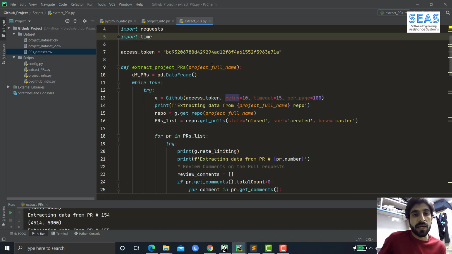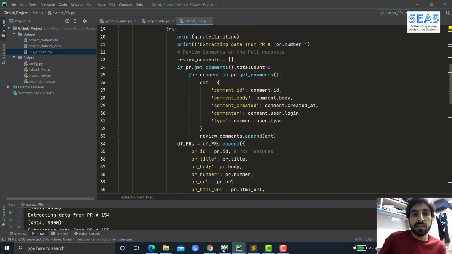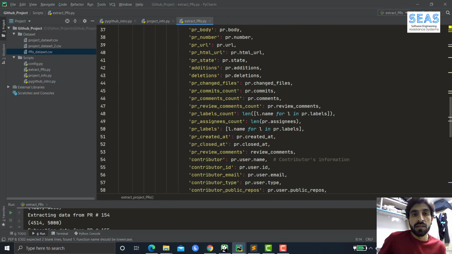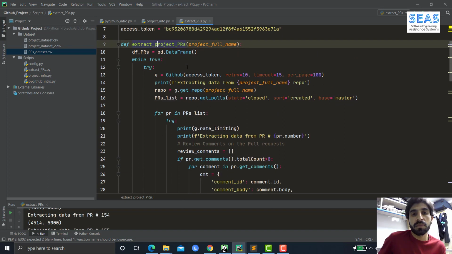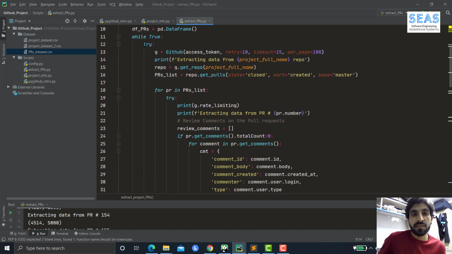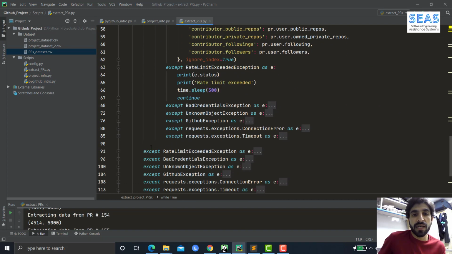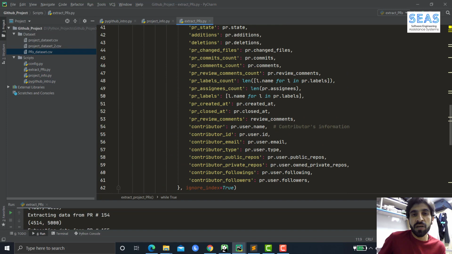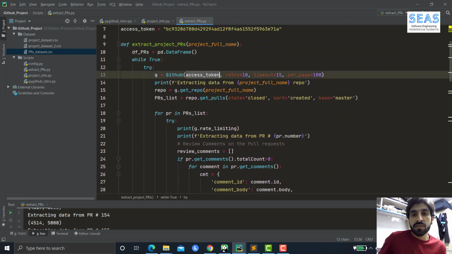Our access token and time. I have created a method with the name extract pull requests, and the same code for exception handling. I have made a little change, I will tell you. Okay, with the access token,